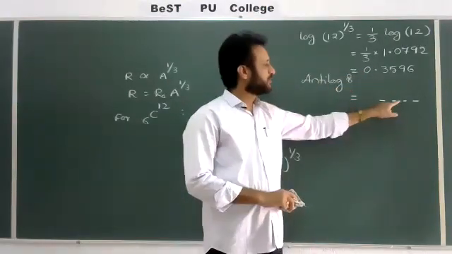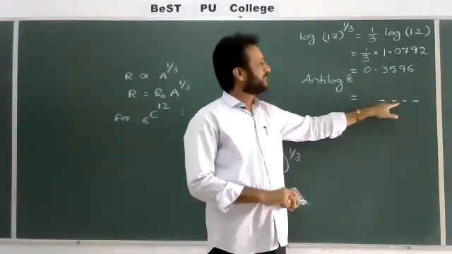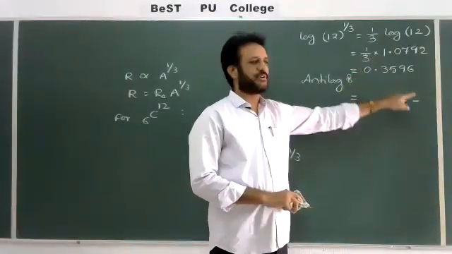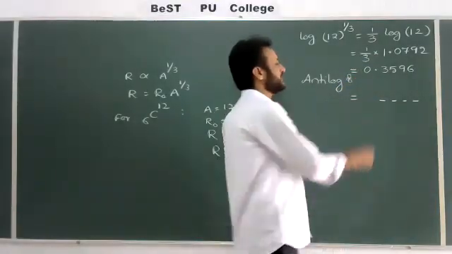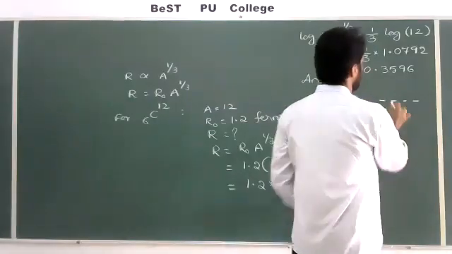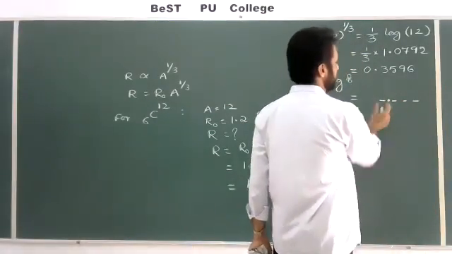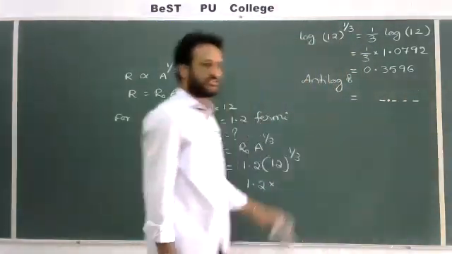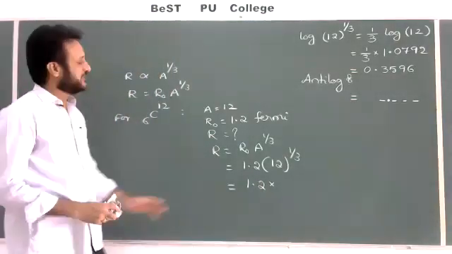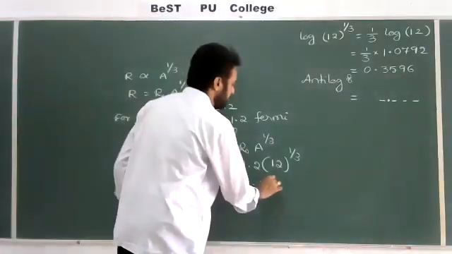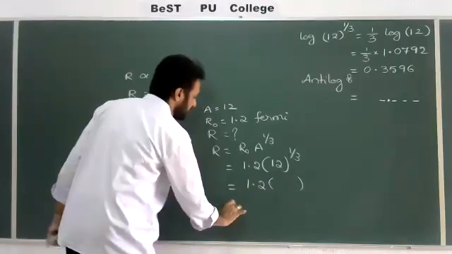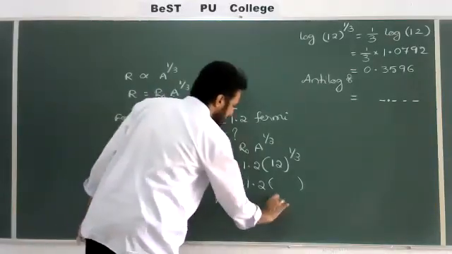1 plus 1 is equal to 2, so after 2 digits you have to put the point. If for example 3 is there, then after 4 digits. So here after a single digit you have to put the point, and after the first digit we get some value. So that's only the cube root you have to calculate, and then we have to substitute here, and multiplying both we will get the final answer in Fermi.